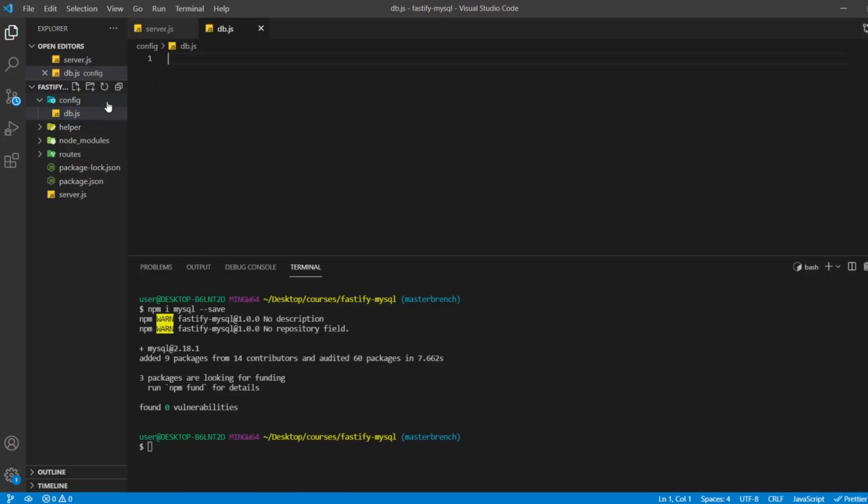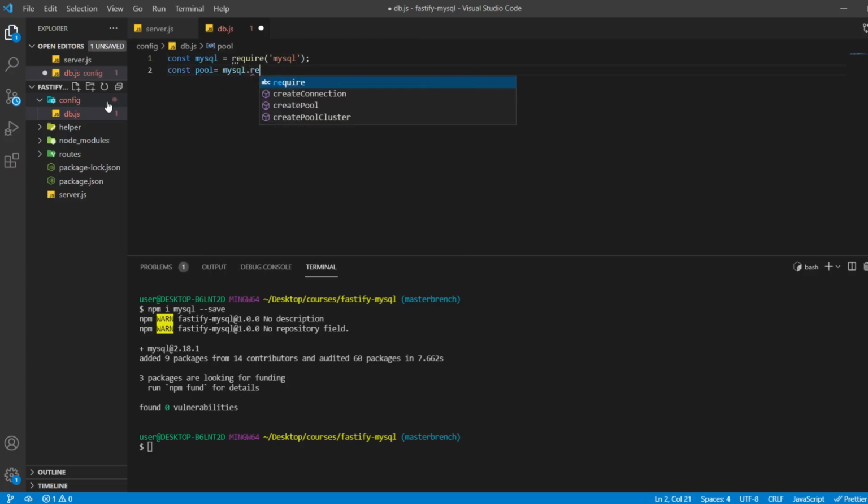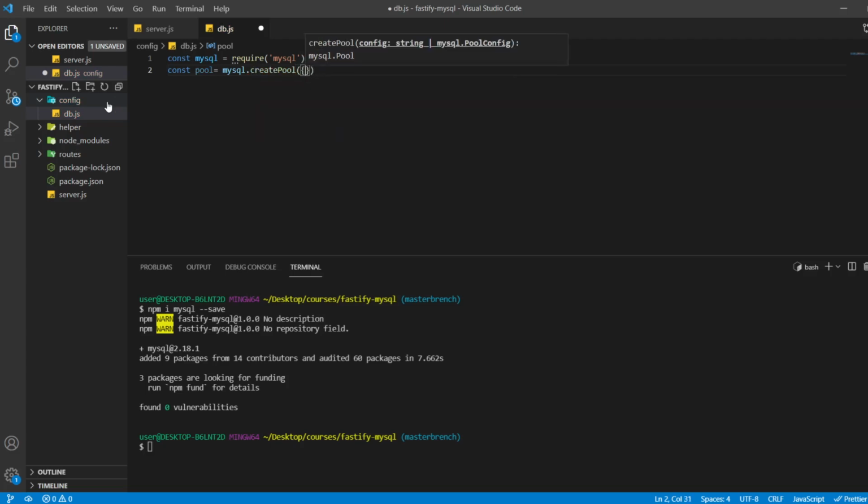So what I'll do here, I'll simply import, or you can say require, MySQL, and then we'll use const pool equal to mysql.createPool, and inside this createPool we are going to give some keys of MySQL.